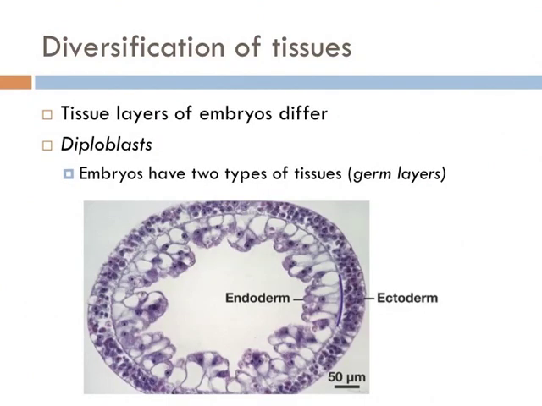Early in development, animals are known as embryos. And animal embryos differ in two main ways. And these ways determine the final outcome of the adult. The most primitive are known as diploblasts. Diplo is Greek for two, blast is Greek for embryonic tissue layer. So these are two embryonic tissue layers, and they're also known as germ layers. The interior layer is called the endoderm, literally the inner skin, while the outer layer is the ectoderm, literally the outer skin.